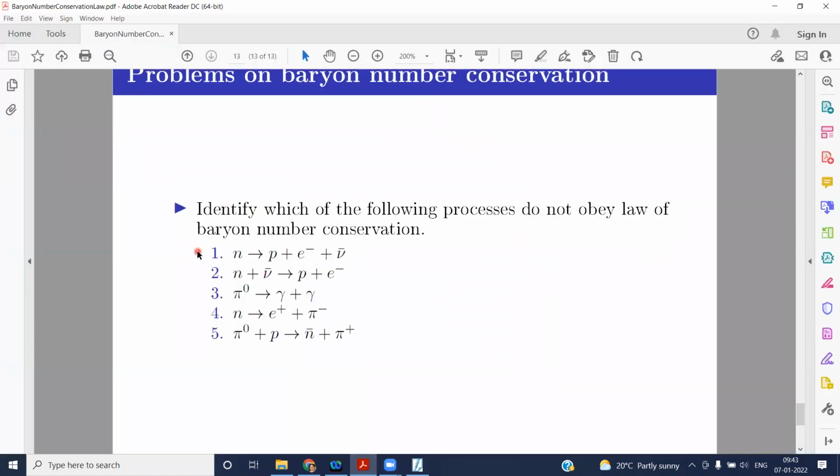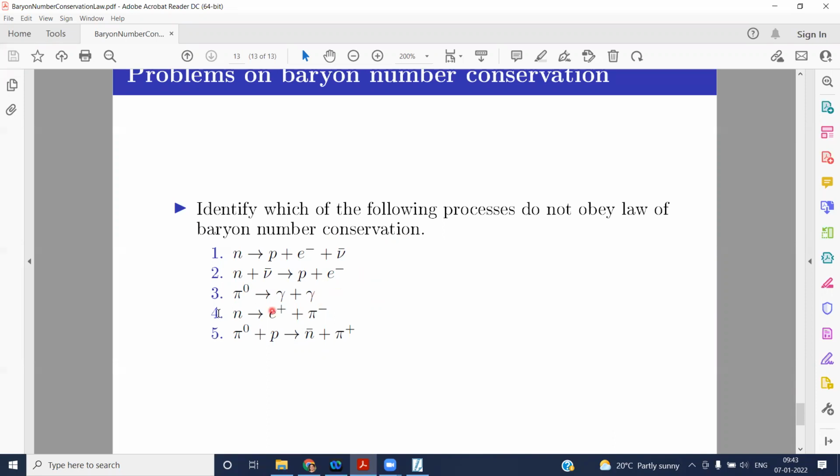Now my question, read the question and answer. The first process occurs and you know it. The second process occurs according to baryon number conservation, but you know that it doesn't happen. That's additional information. The additional information is that this is nothing but the Davis-Harmer relation where the neutrino is replaced by the antineutrino. It doesn't happen in nature because neutrino and antineutrino are not the same particles. Agreed? Or no? If you don't ask a question, ma'am, I presume that you know it. You should recall it. You should understand it properly.